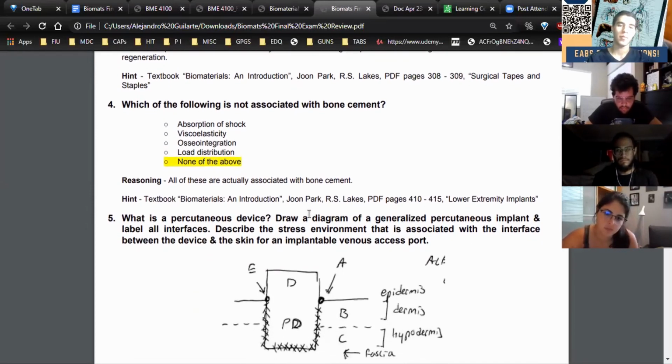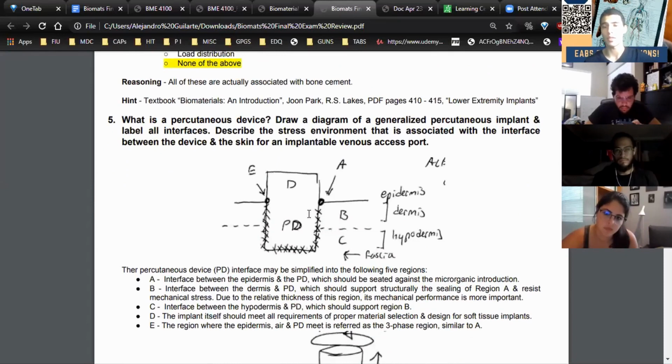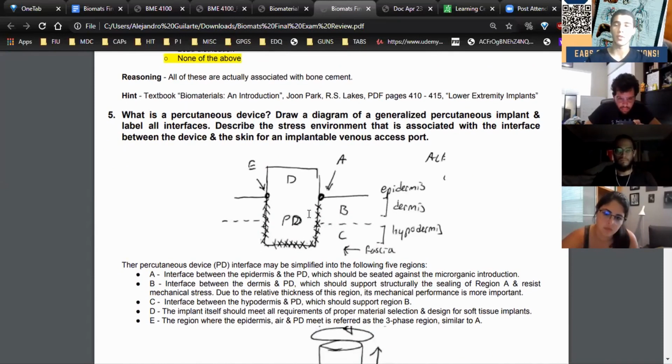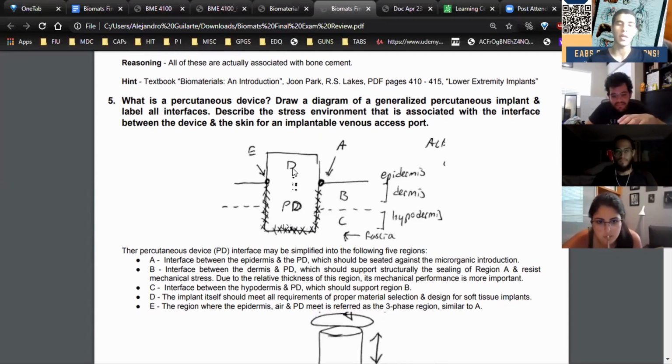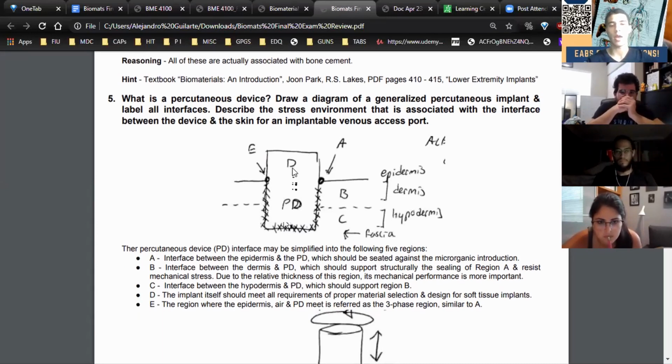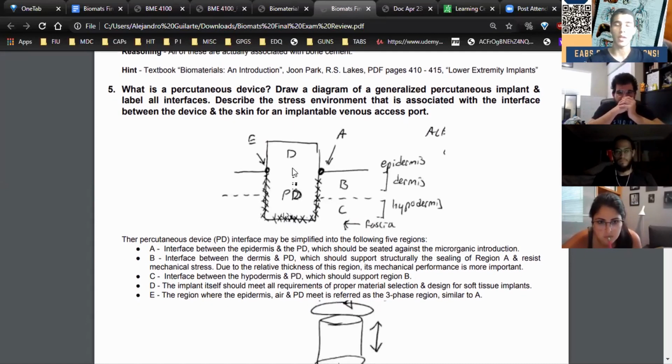Number five, it talks about percutaneous devices and the general model that is used to show a percutaneous device. So there's different regions in the percutaneous device. This is the device right here, PD, and it has an A region, a B, and a C region, and a D and E region. And those are just different phases at which the percutaneous device interacts with the skin at the epidermis, dermis, and hypodermis level. Some key points that you should be aware of is that the percutaneous device needs to be fixated on the skin,